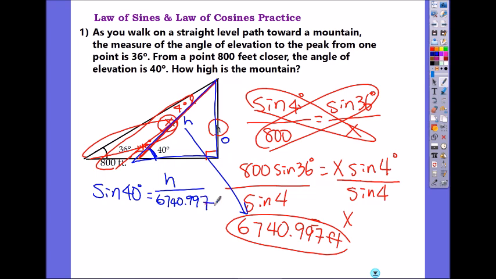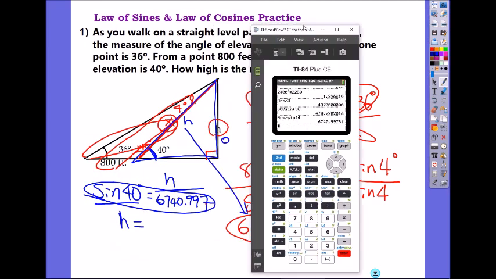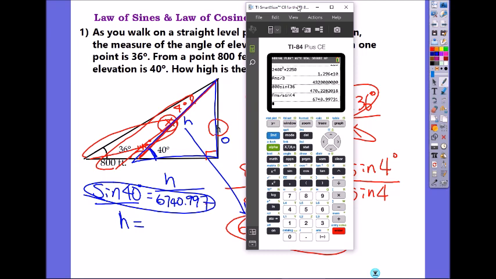Then just one last step. You cross multiply. So height becomes, use the exact answer, guys, this times sine of 40. So you get